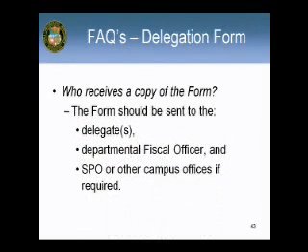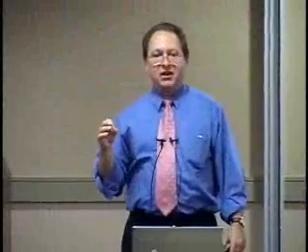Again, this is also important. We had one campus that, when we covered this, said, well, I know from already dealing with the Outlook form that they want me to be a delegate, but I don't want to be a delegate. I don't qualify to be a delegate. I don't meet these criteria. Which is not something I can really deal with. They need to. But the point is, your delegate needs to have a form so that they know they're a delegate. Your PIs will have to deal with the fact if they don't want to be a delegate. But the delegate gets a form, the departmental fiscal officer, and then in our case, the sponsored programs office will also get a copy.